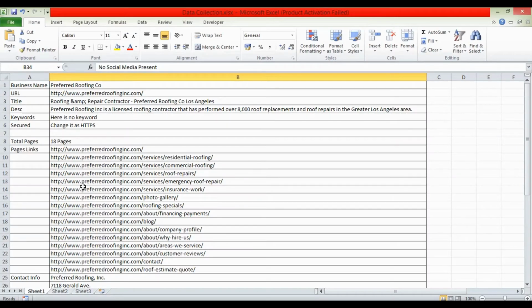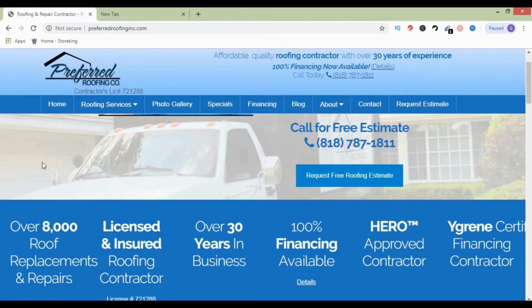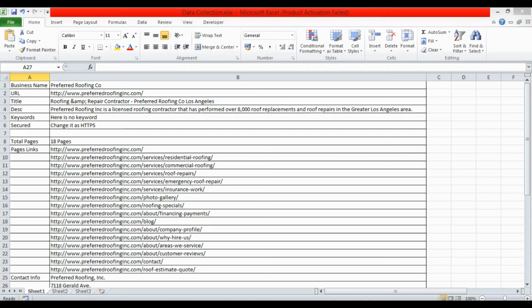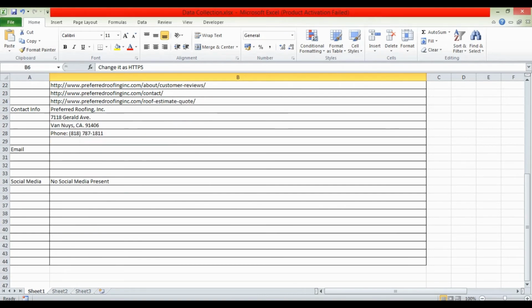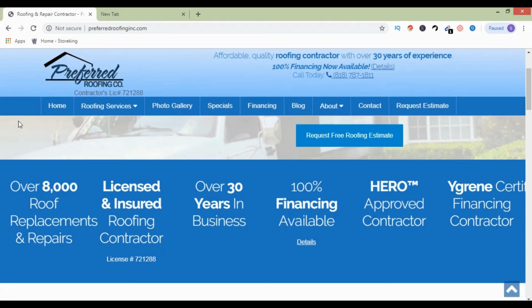So before starting SEO, we need to change this kind of information. What are the factors that affect the SEO? And once we have login details for this website, we can do on-page SEO. We can change the title, we can add the keywords, we can move to HTTPS, and we can also add some social media. If they have no social media, we can create social media for them, and we need to optimize